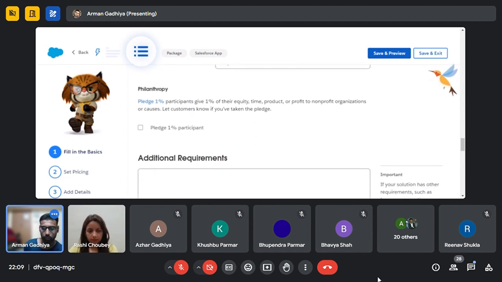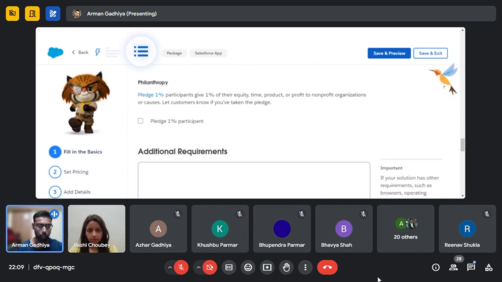There is one more thing, Pledge 1%. So, what is Pledge 1%? Pledge 1% is a philanthropy organization which has taken the initiative that if you are registered with it, 1% of your company's revenue will be donated for social activities.